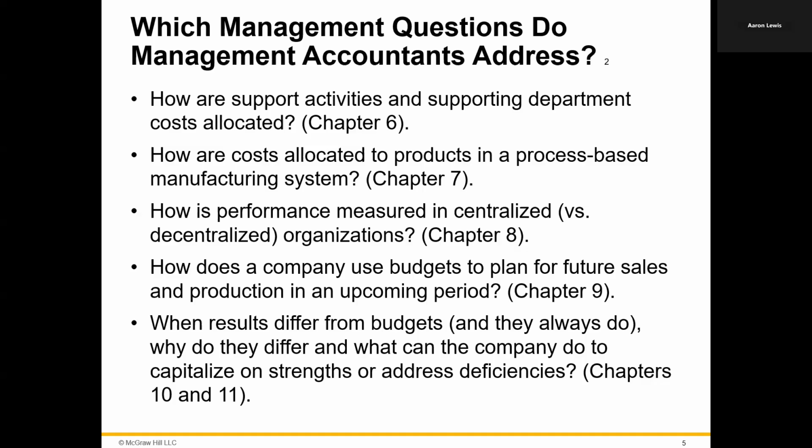If you have an organization where there's one body, one central organization that makes all of the decisions, how do you assign the costs of employing that body, putting them in an office, et cetera, amongst the different things that your company does? Versus what if you're decentralized? Instead of having just one central management location, you have regional departments that are the decision makers.